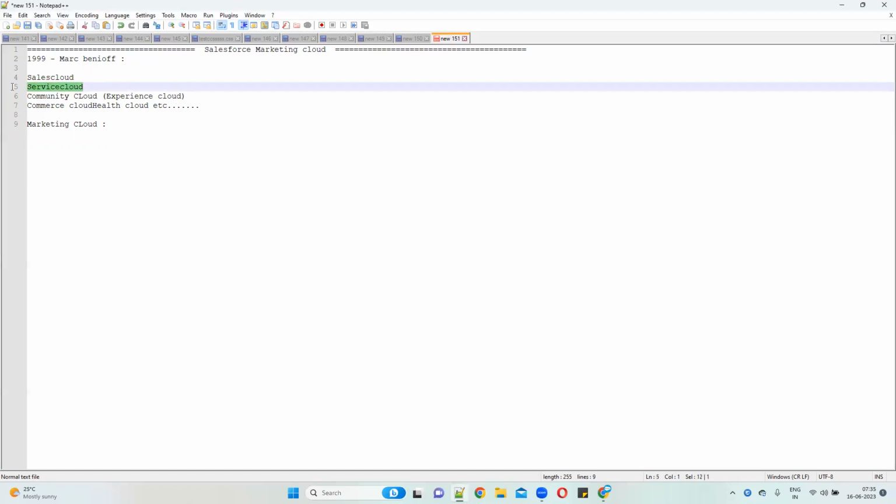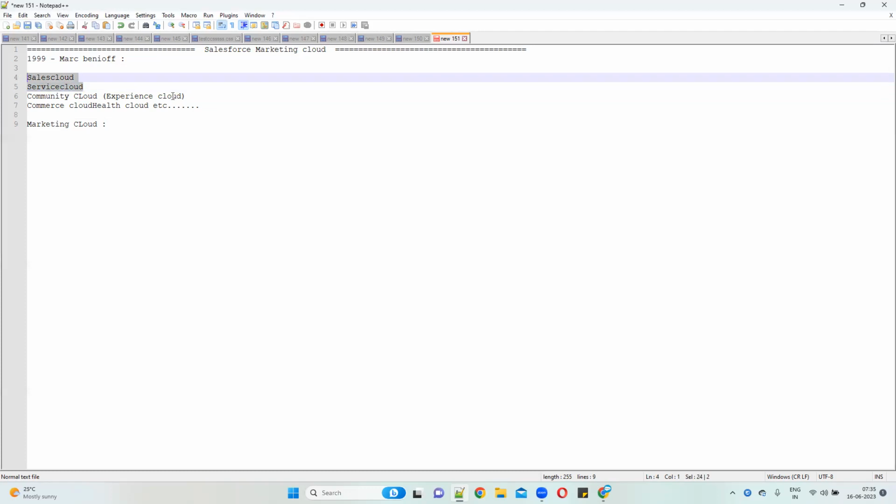The next one is Service Cloud. Once customers purchase a product, they need some services, in case they are facing issues with the product. So we do that in Service Cloud. In Service Cloud, mainly the case object and solutions object are there, and something called articles. Articles are information about issues. For example, if there is a RAM issue in a laptop, we can create an article on how to resolve the RAM issue. If we can live chat with the customer, like a chatbot, everything comes under Service Cloud.